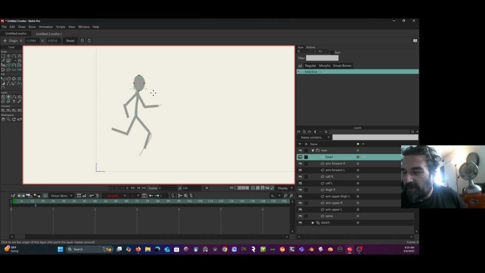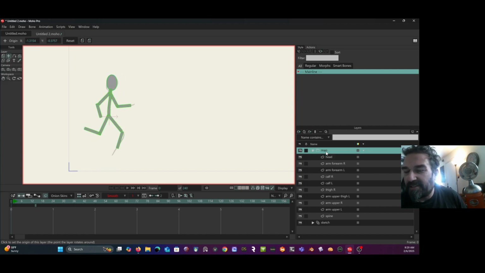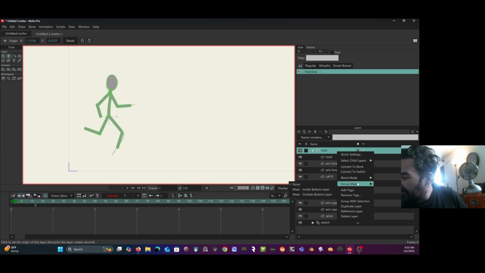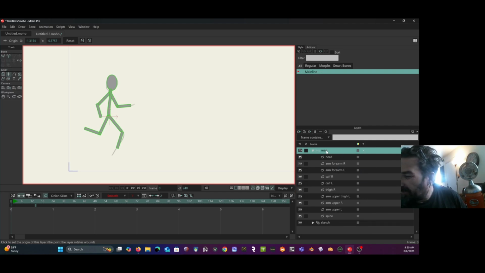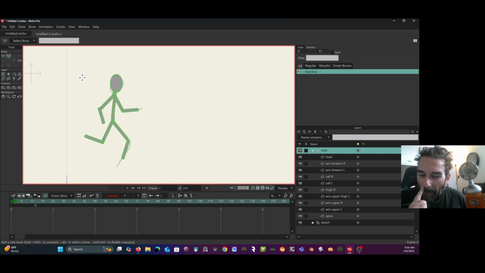All right. So with that, we're going to actually create some bones real quick. Just a very, very simple rig. So I right click and I convert to bone layer. And on that layer, of course, I make sure nothing is selected and I just start adding my bones. So I'm going to add a pin bone right about here. And then I'm going to add 3 bones. I'm going to back up, add our arm bone, add our other arm bones. And then from here,